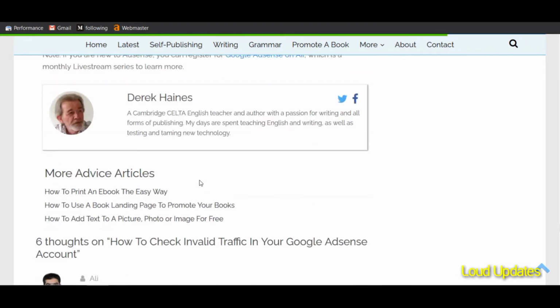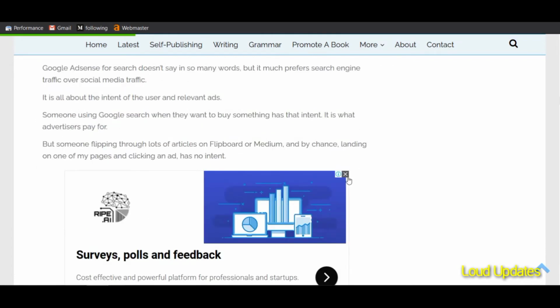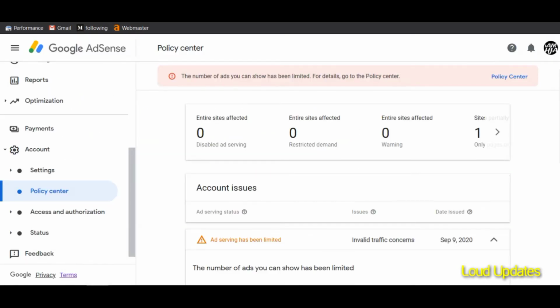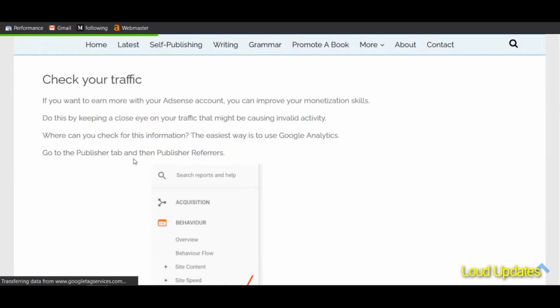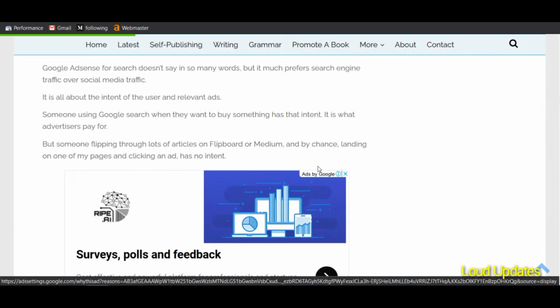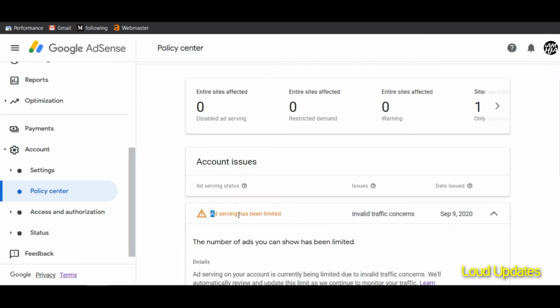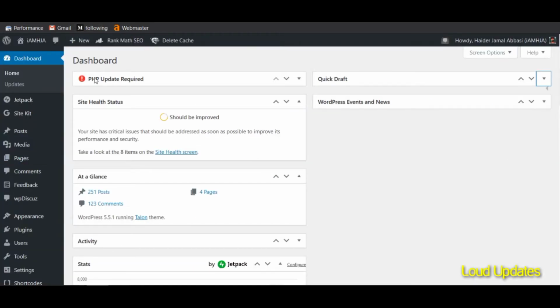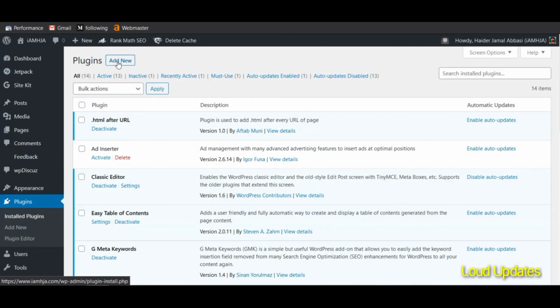Maybe your visitor is a hater, and we cannot say what they want. Maybe they accidentally click 3 or 4 times, or visit your website 10 to 20 times and click, maybe because they are interested in the ads. But AdSense does not understand whether they are interested or not, and counts the click as invalid. So let's begin to learn how to protect AdSense.